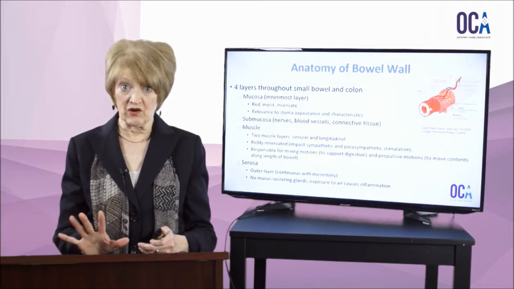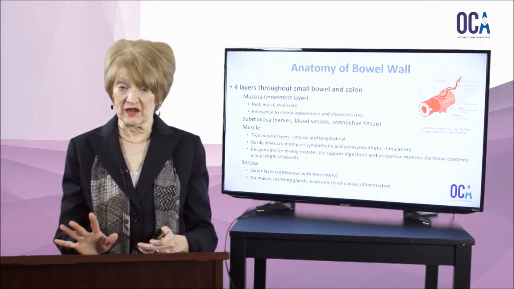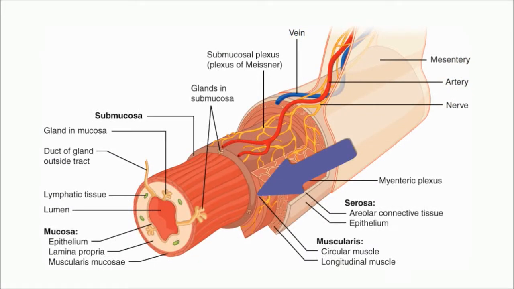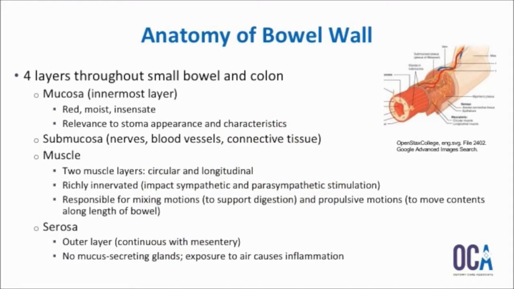The third layer of the bowel wall is the muscle layer. And the muscle layer actually contains both longitudinal fibers and circular fibers. So there's 2 muscle layers in the bowel wall. I think you can see this here. Those muscle layers are very important